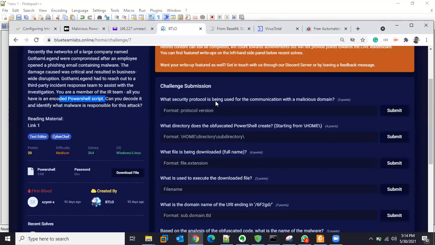What security protocol is being used? It's important to know the protocol being used to communicate with the malicious domain. A malicious domain here means the attacker has its own server outside your network. So the attacker is finding a way to communicate with your victim, the machine that has the vulnerability. It wants to browse or talk to that machine so that it can cause further damage,